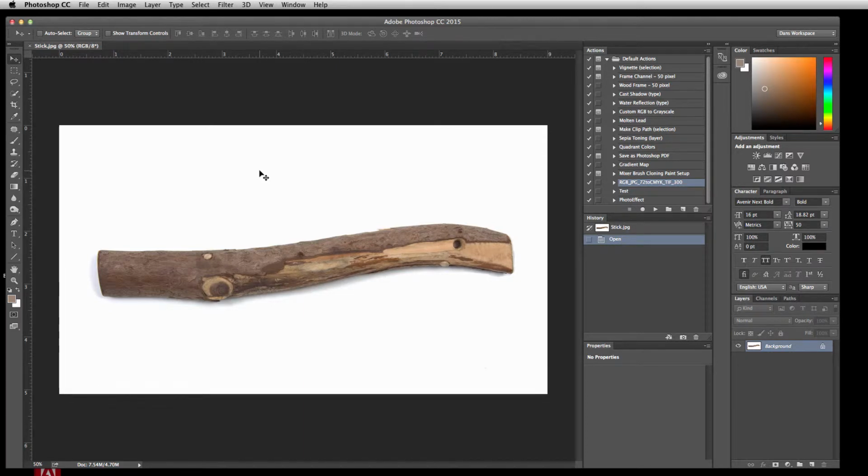All right, for this version of the puppet warp exercise, we're actually going to look at creating some typography. But now you can use any sort of object for this. I just found a picture of a stick because that's what a lot of our letters are made out of. So just like we did before with the wooden doll, first thing you want to do is isolate this object